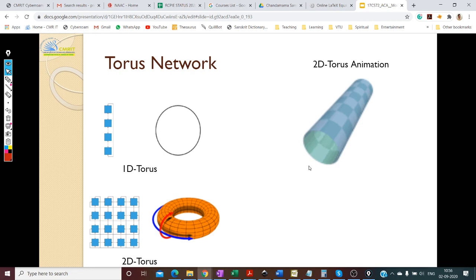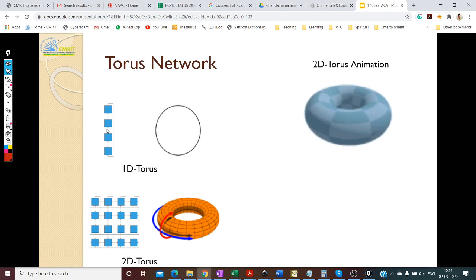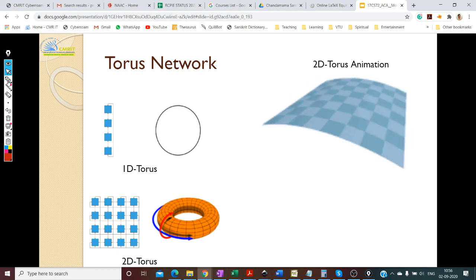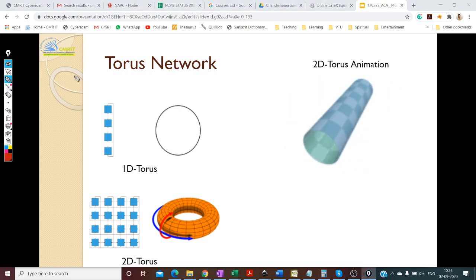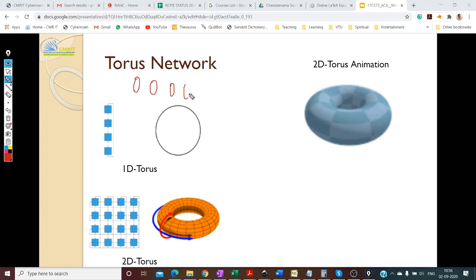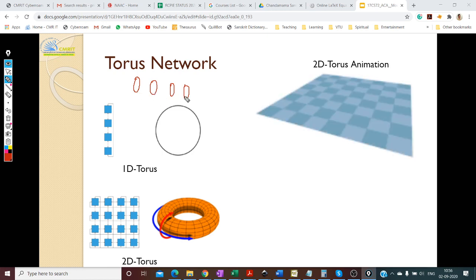It's perfect for scaling. See how you can make a 2D torus out of a 1D torus. All you're doing is just making one ring. So you make a ring, and then you make a ring, you make a ring, you make a ring. So you have multiple rings, right? So this is 1D torus, 1D torus, 1D torus, 1D torus.